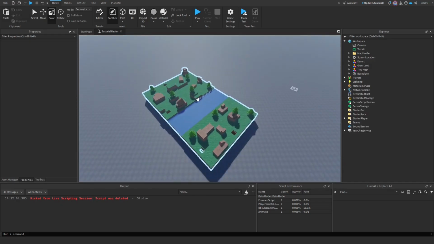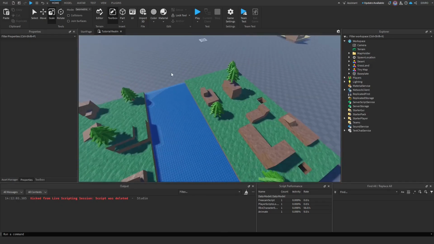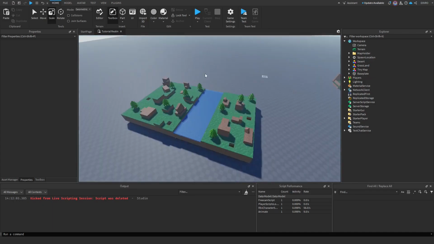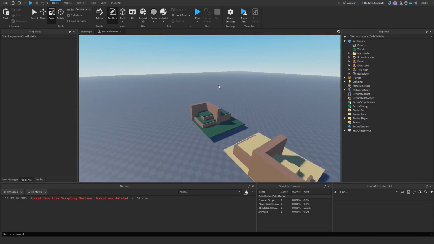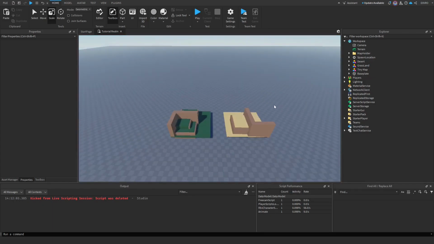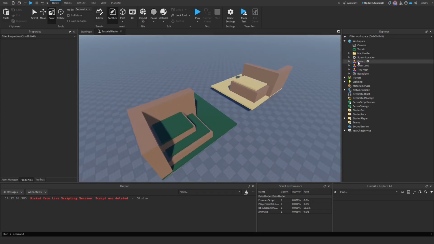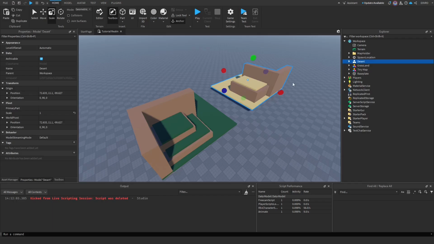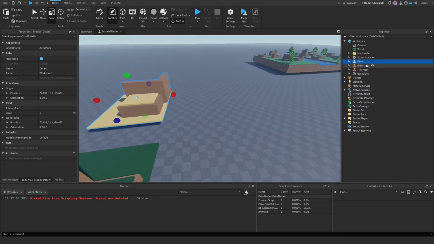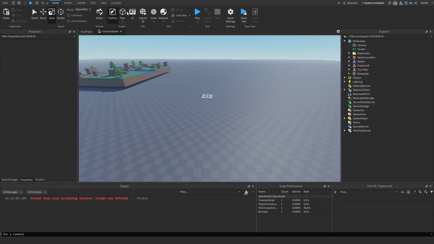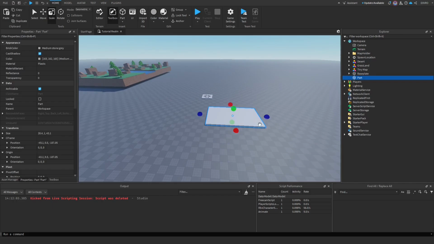For context, this is not one that I made. I found this in Toolbox. It was not made by me, but these two I made, as you can see, just different colors. But this is the most important part: you have your map, and it should be a model. For those that don't know what a model is or how to make it a model, typically, if you have a bunch of parts together,